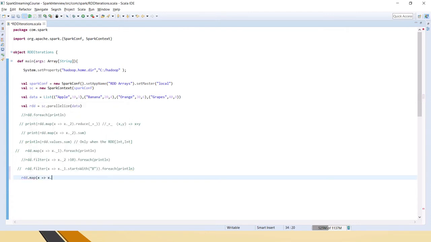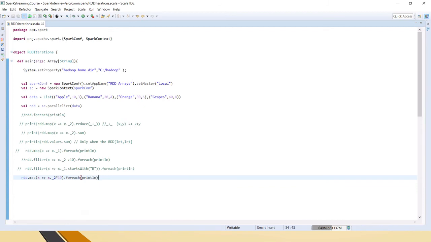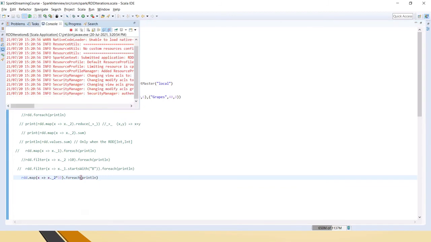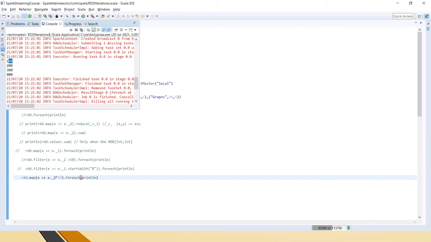So here I am saying that for the second one, multiply with 10 and print it. If you see here, 10, 20, 30, 40 was there. Now it has multiplied that value with 10 and printed.